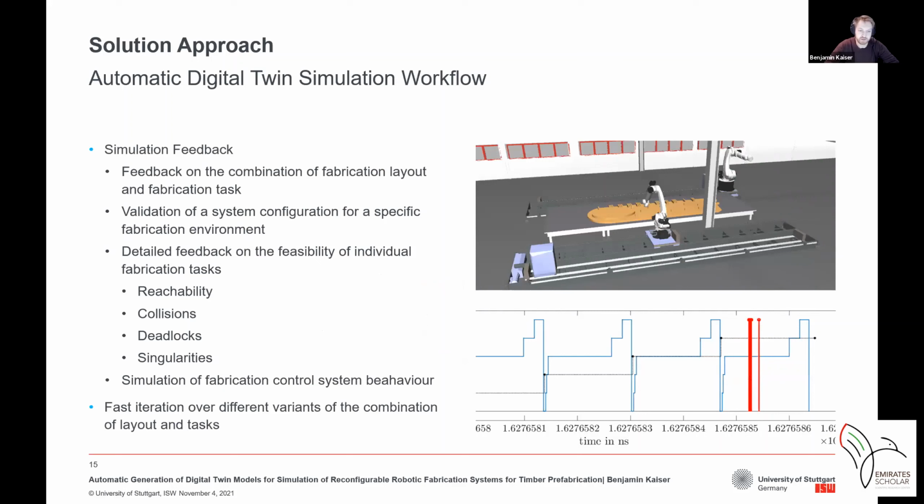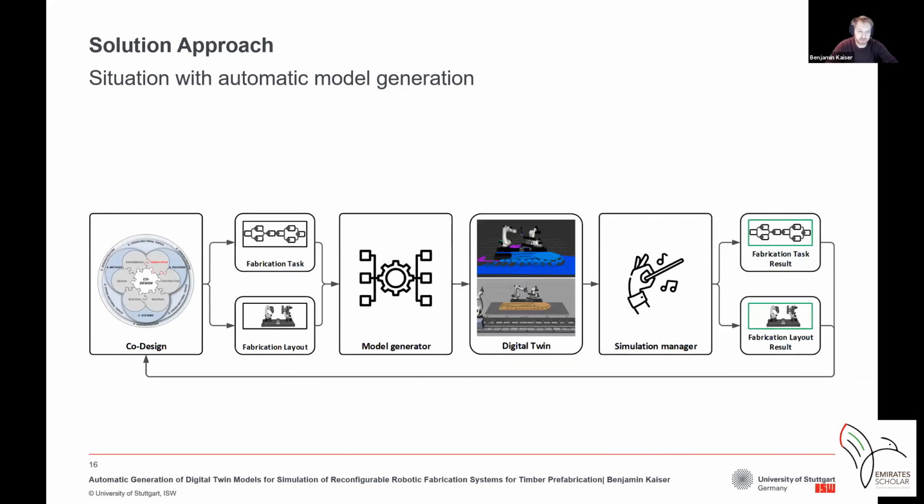And one example that we see here on the right hand side, where we have this obviously not very smart setup, where we have this column in between, and one simulation result is, for example, that the simulation environment will detect collisions with the environment here. And yeah, this approach really allows us to iterate really fast over different variants of layouts and tasks, and at the end eliminates the whole human part in the setup of the digital twin,